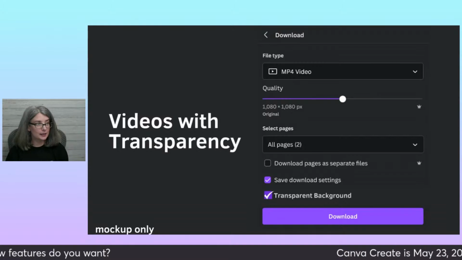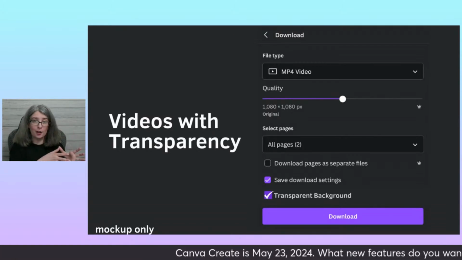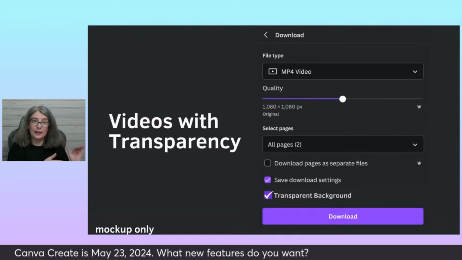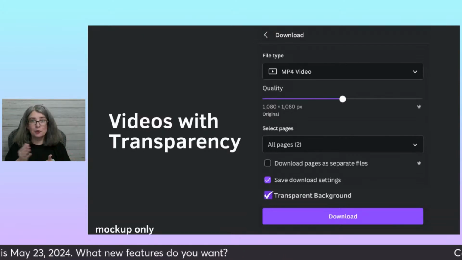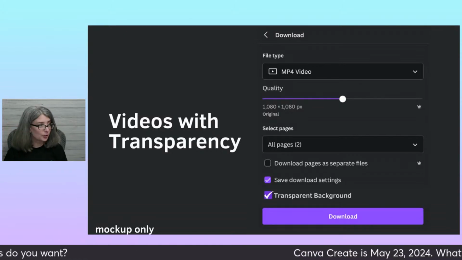I also think it would be great because we've already got the ability to remove the background of a video within Canva. The next step just feels like let's download it with a transparent background.